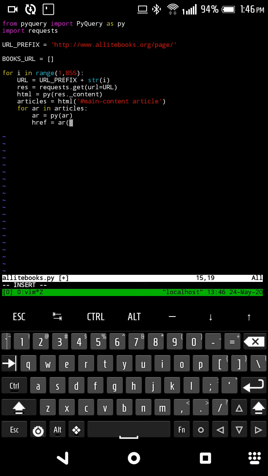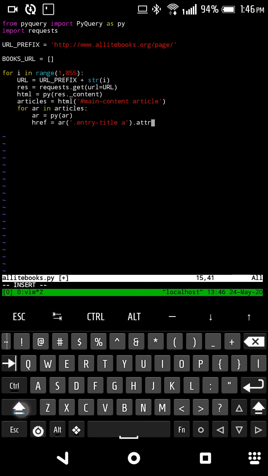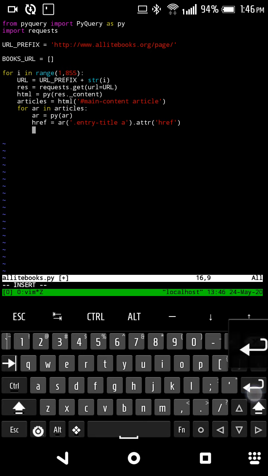We can use AR now as a PyQuery object. It has an h2 tag with the class entry title, and it has a direct child a. It doesn't matter, we can use it as a descendant a dot attribute attr. If you're familiar with jQuery, PyQuery will be awesome for you. At attr href, so I'll have the href of all the articles in my href variable, and every time I